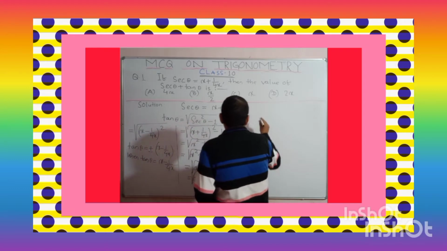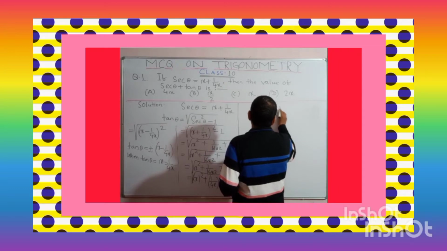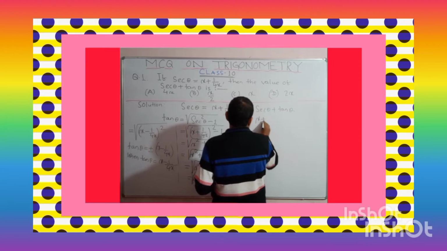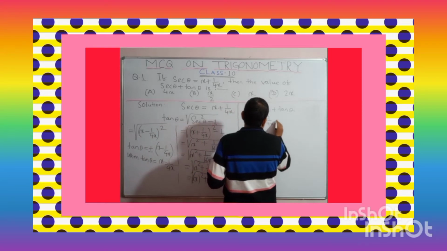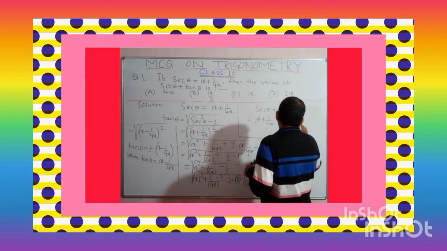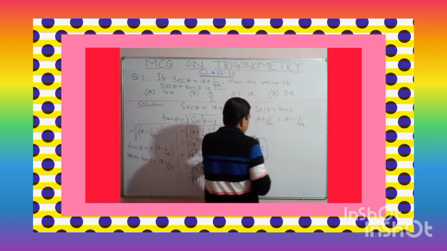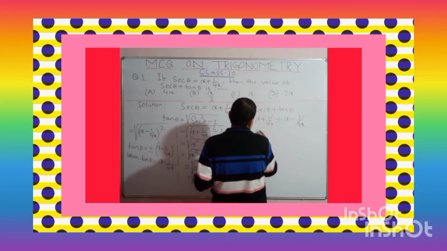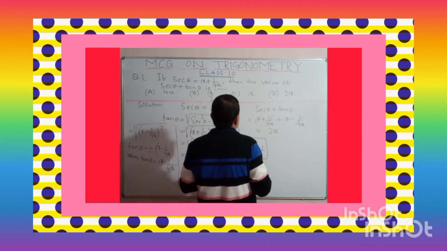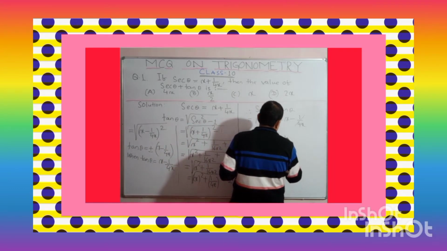So hence we are getting sec theta plus tan theta. What is the value of sec theta given? x plus 1 by 4x. Yes, and tan theta is what? x minus 1 upon 4x. You see now, plus 1 by 4x and minus 1 by 4x will cancel. Here x plus x is 2x. So which is the correct option? Option D is the correct option. Hence, option D is the correct option.